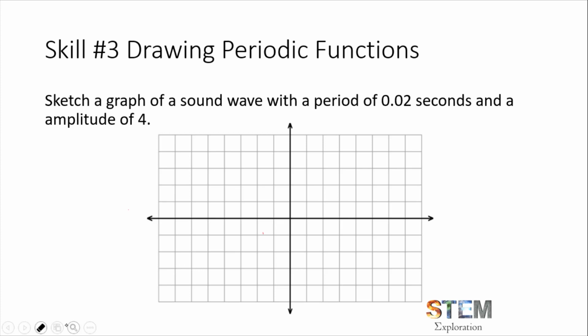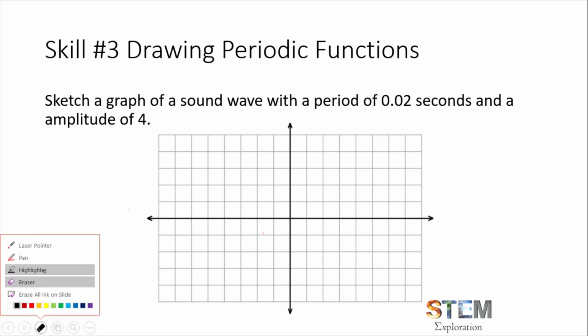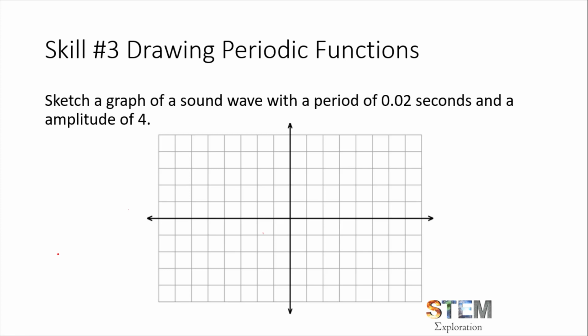So the third skill I want to move on with is talking about how to draw a periodic function. A big thing that I want to point out here is that if we want to draw a sound wave with a period of 0.02 seconds and an amplitude of 4, the first thing I'm going to do is identify that this is 1, 2, 3, 4, 5, and this is 1, 2, 3, 4, -5. And let's say, for example, that this point here is 0.02